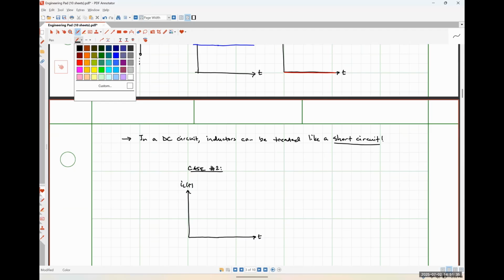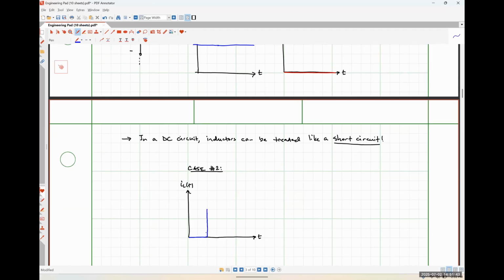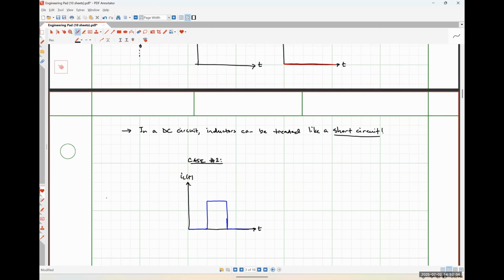And let's say that our current is zero, and then it instantaneously changes to have some finite value, and then instantaneously drops down like so. If I were to express this as a piecewise function, and I'll do this over here to the left,